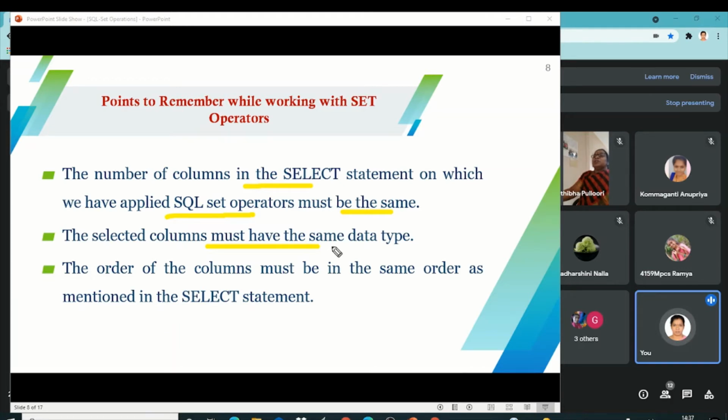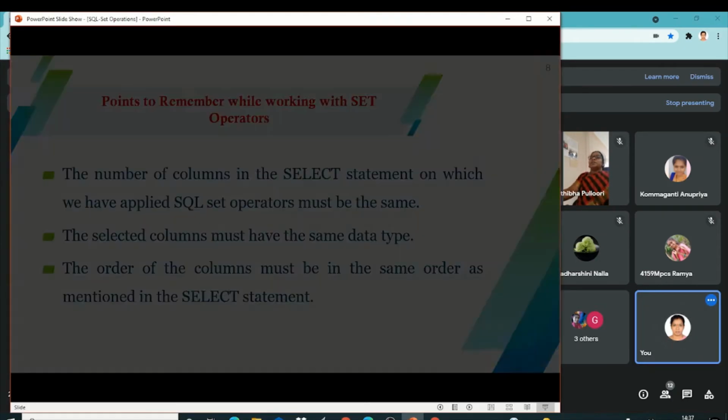Then only can we choose the rows from those tables. The order of the columns must be the same as mentioned in the select statement. These are the points to be remembered when using set operators.